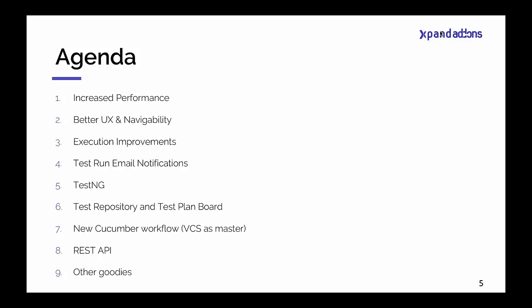But besides making performance improvements, we also address usability aspects. We'll see together some of the areas of Xray that were improved in that sense. We also improved the execution aspect, both in terms of test executions and test runs. And talking about test runs, one thing that was long demanded was the ability to get email notifications for test run related events, and you will see how we address this by using the concepts that Jira already has